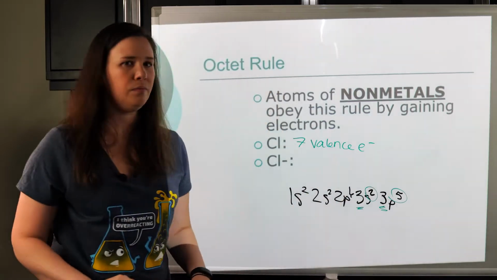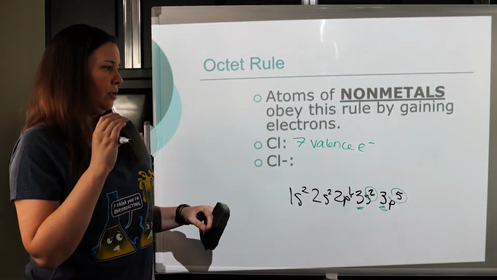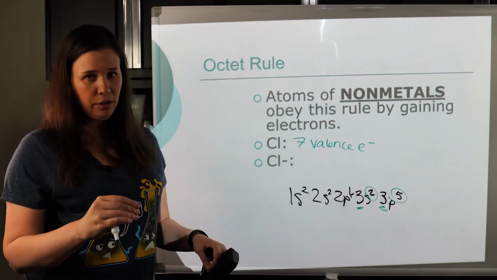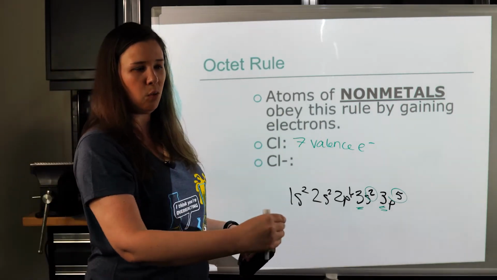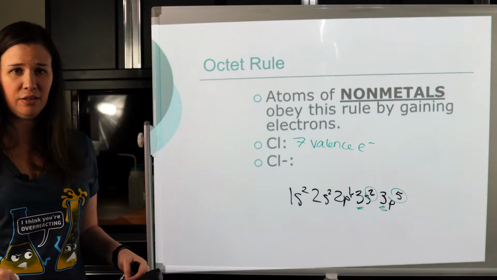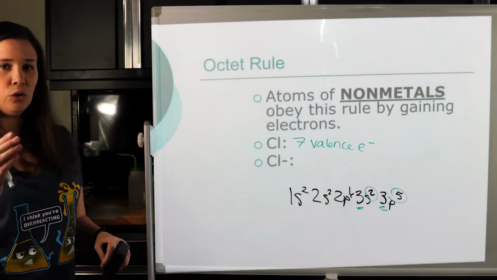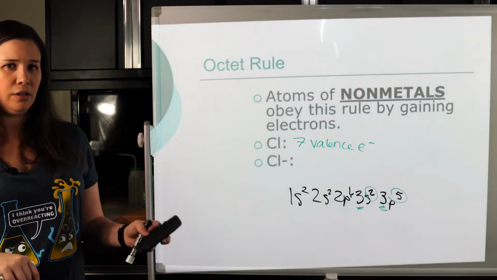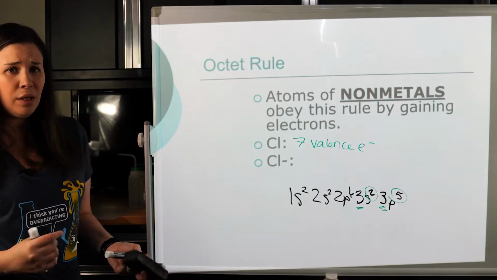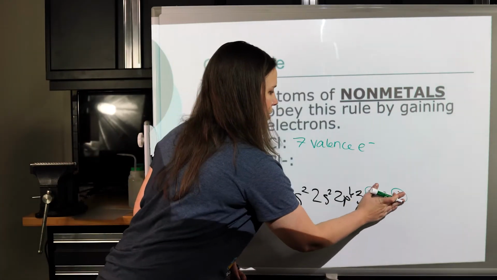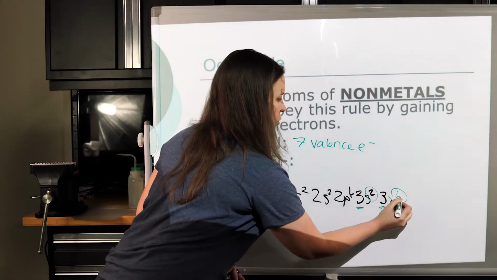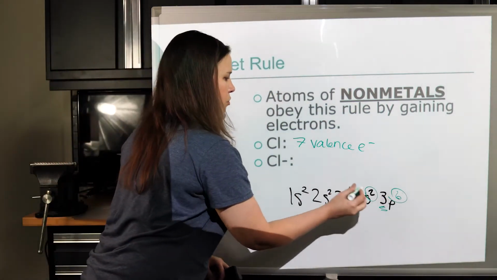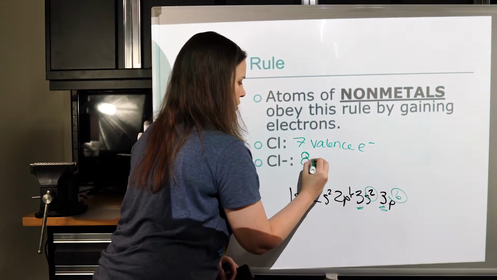All right. Now what's going to be easier for chlorine? If I'm at 7, gaining 1 more to have 8 valence electrons, or losing all 7 to get back down to the second energy level like sodium did. Well, it would be way easier just to gain 1. Instead of a 5 here, if we just gained 1, we'd have a 6, which is now a total of